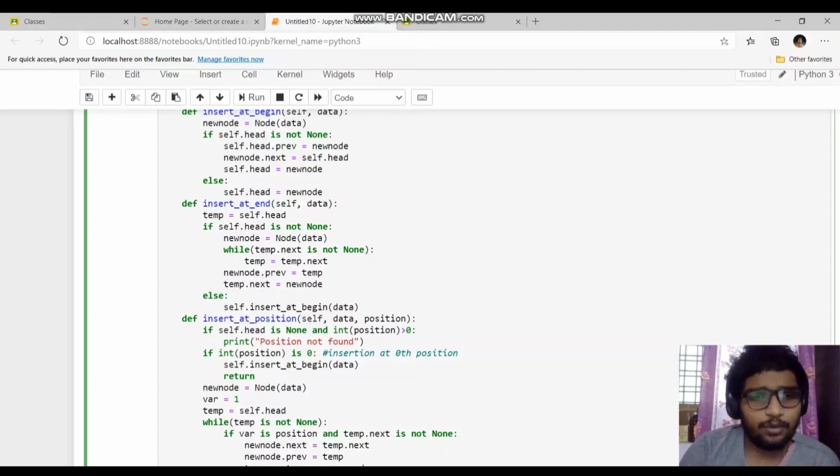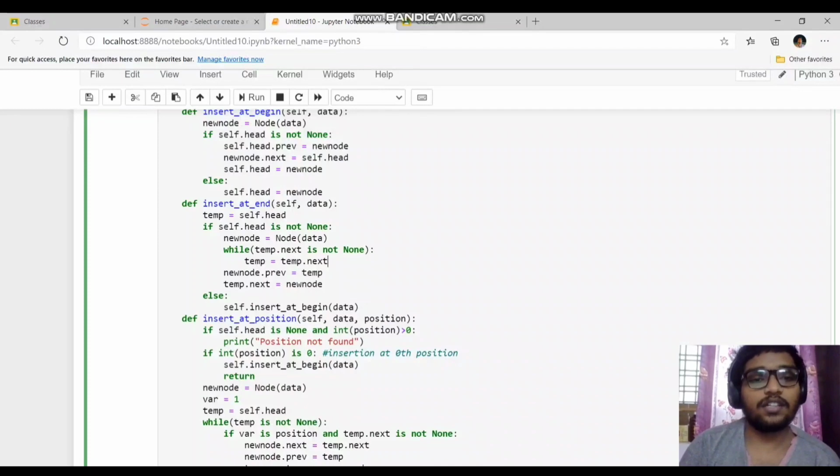So if temp.next is none, this loop will end, and it comes out of this loop, right? So inside the loop, the condition is temp equal to temp.next, which is nothing but updating the temp. Temp is nothing but self.head. We will take the head pointer in a temporary variable in order to keep on updating the temp while we iterate. So temp equal to temp.next means it gives the temp the address of the next node. In the next iteration, it gives the address of the next node further, right? So that's the meaning of this loop.